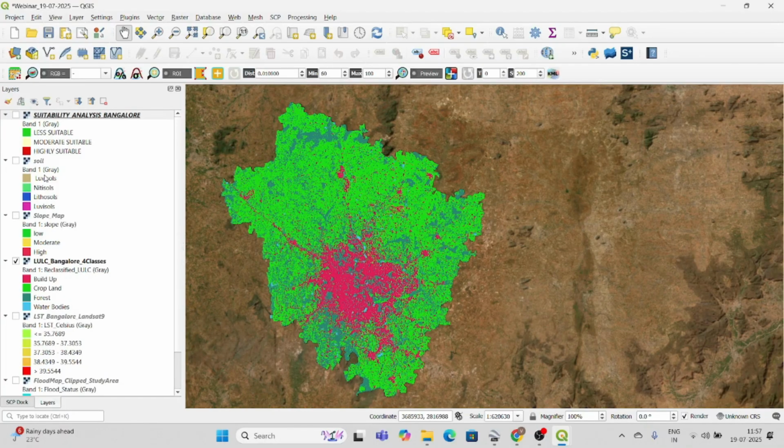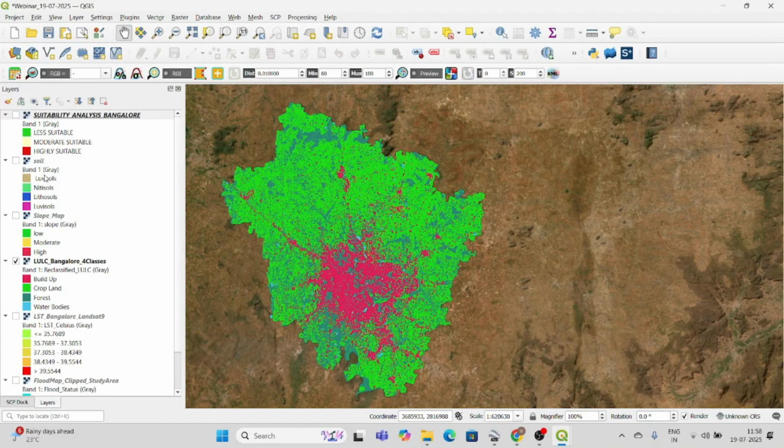Okay, and the next biggest thing, many people will think I should include 15 parameters and do the biggest analysis. No, it is a foolish thing. You should go with 5 criteria, 6 criteria, but don't do a single-stretch output. Don't think I'll be using 14, 15 criteria and I will be giving the best result. No, it will get confusing and the analysis may not be perfect. Go with 5 and make sure the output you got is right. Verify it; you can go to Google Earth Pro and verify whether it is okay or not.